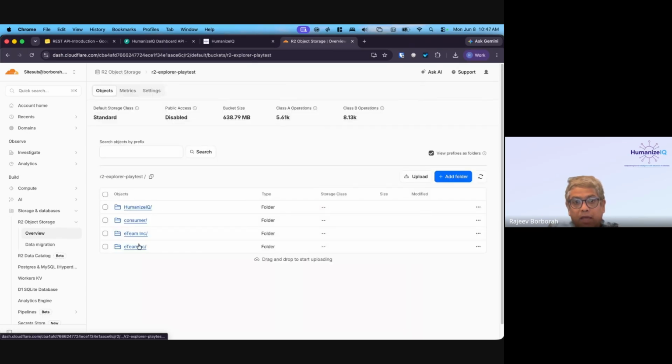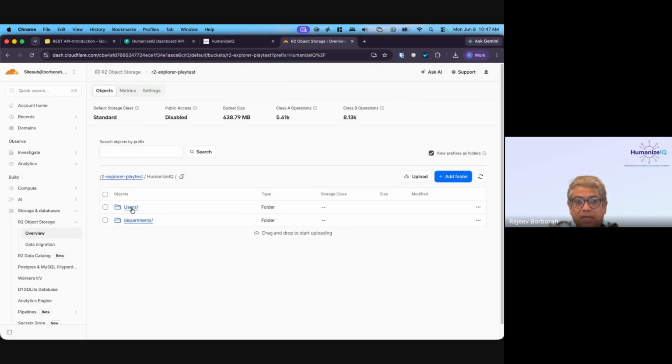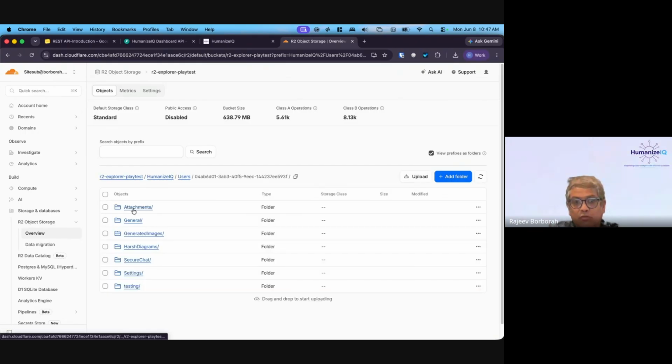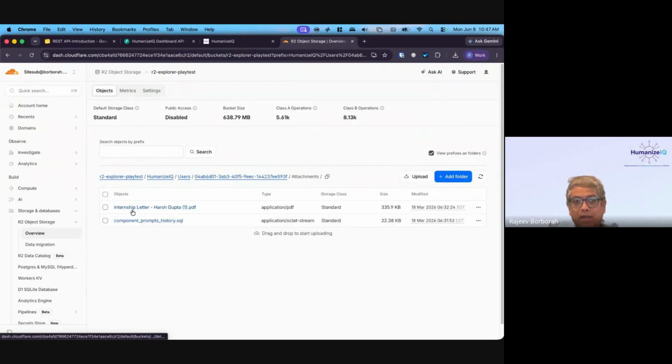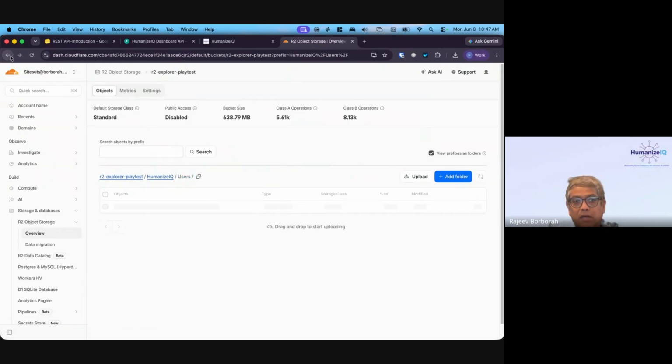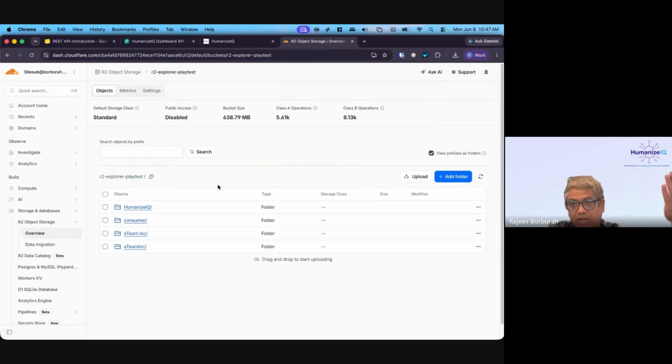So if you look at it, every user, every company, the files will end up in there, and inside there will be users, and there will be user folders, and there will be user files. All of those things are out there, organized in some way, and they come because of that API. So as you're testing it, you need to make sure that files don't get created in random places. They get created in specific places.